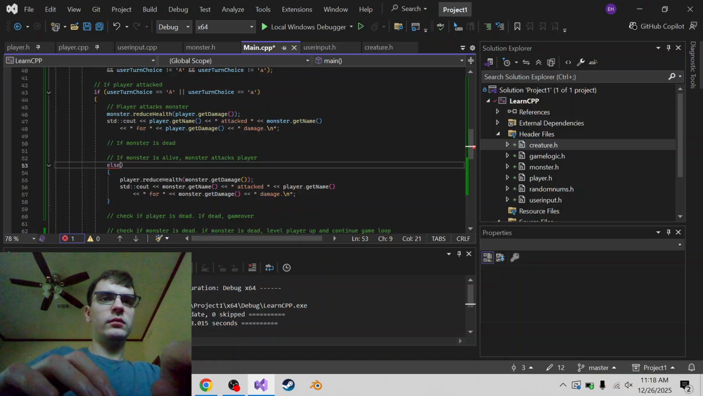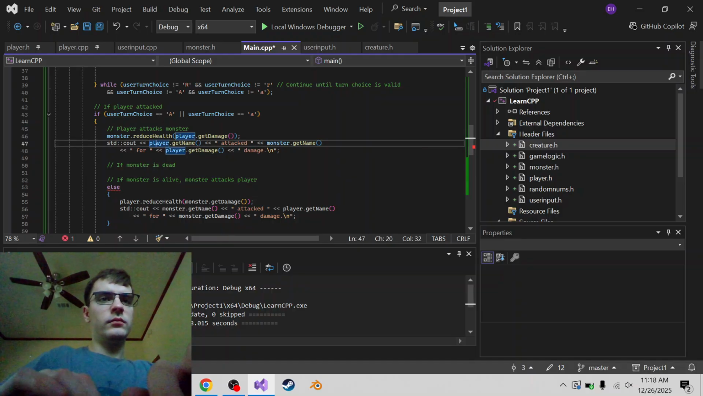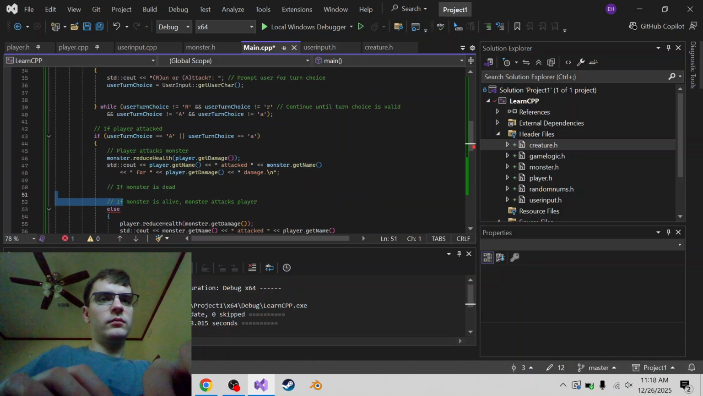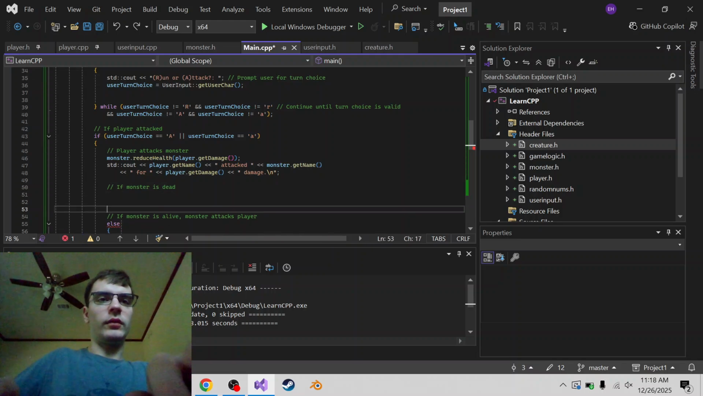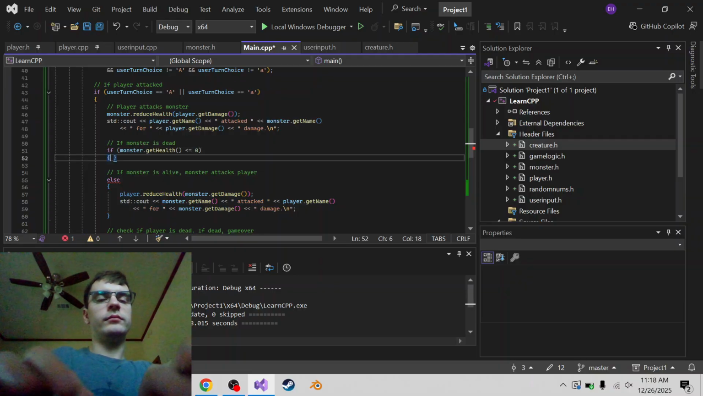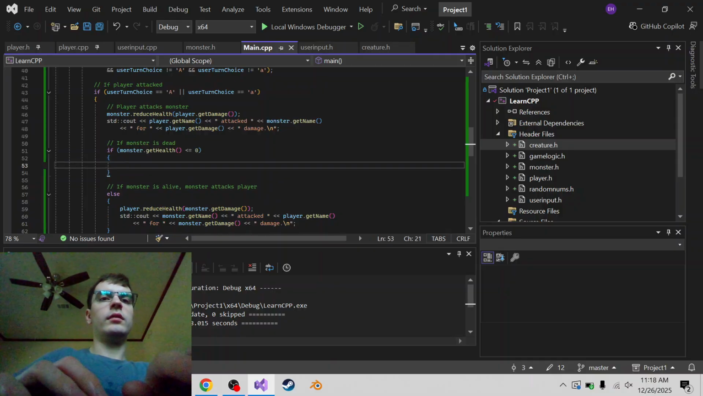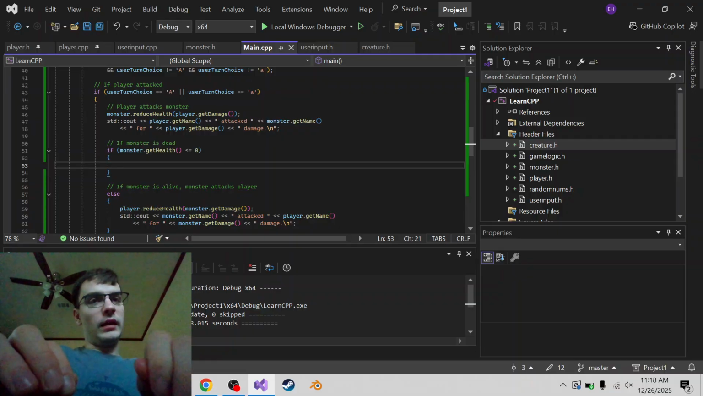Why is this like this? Huh? Well, this is the whole if this. Oh, so there's no if yet. Oh, okay, that's why. Alright, so we'll say if monster get health is less than or equal to 0, then... now the else is good. This is the monster is alive. So we attack. If the monster's dead, then